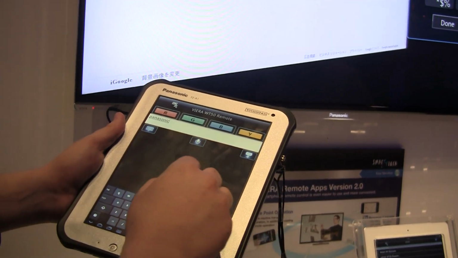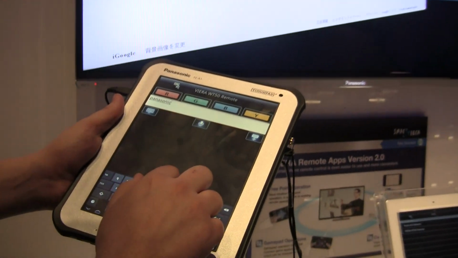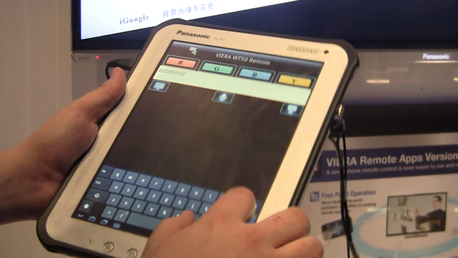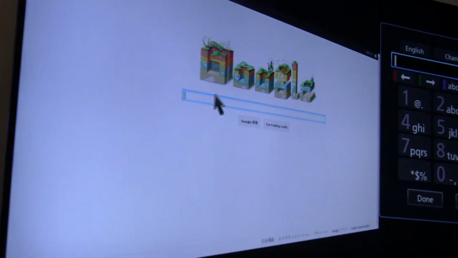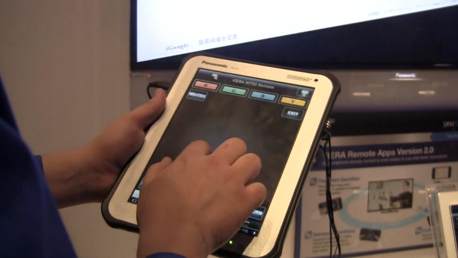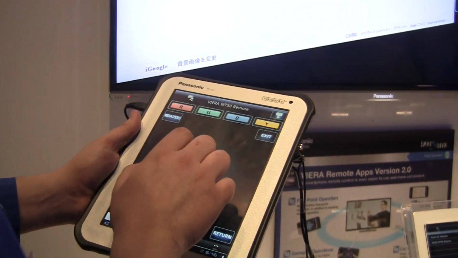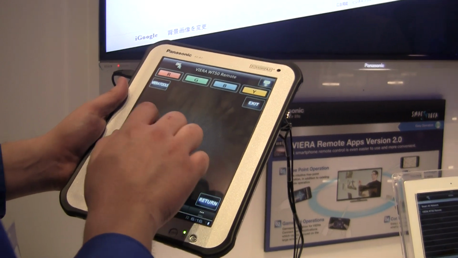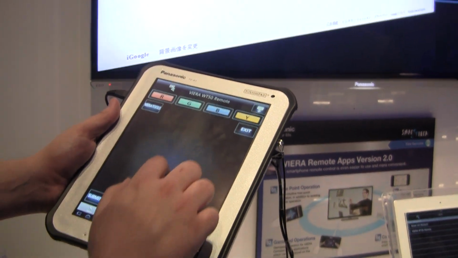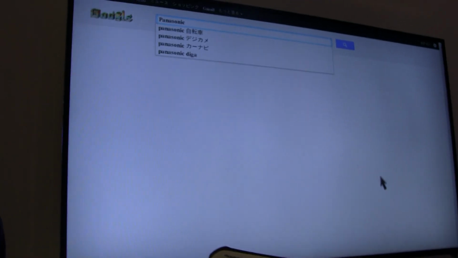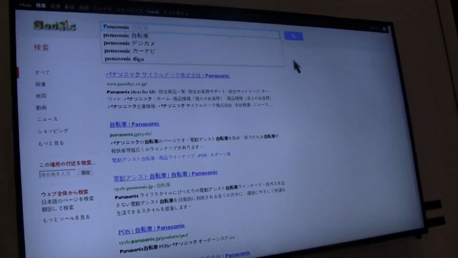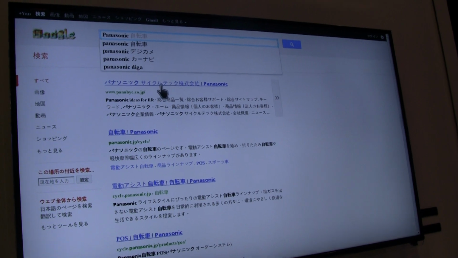Panasonic, and then all I have to do is, let's see, it's not. I'm learning about this myself, but what's happening is it wants me to do it through this way here. Oh, okay. So I'll hit done. And now it's up there. So for some reason, it wants me to go through that way, and then I can select our Panasonic website,